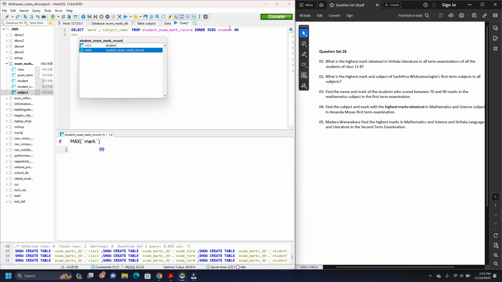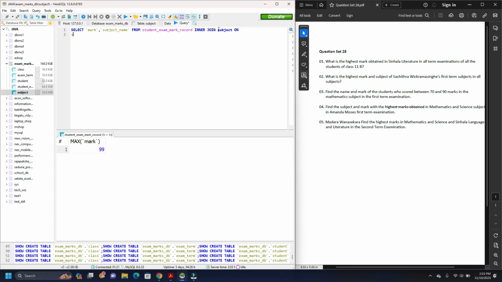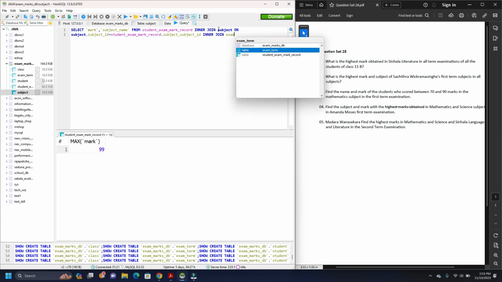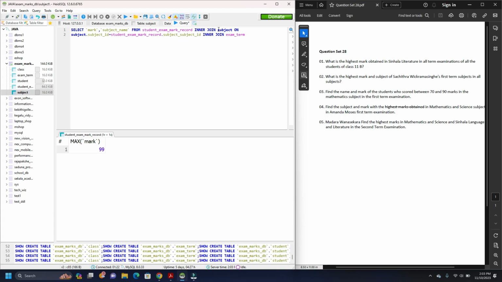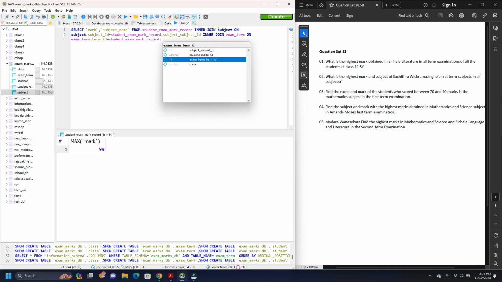Right, we have to inner join subject on subject dot subject id equals student exam mark record dot subject id, and inner joining exam term on exam term dot term id equals student exam mark record dot exam term id,